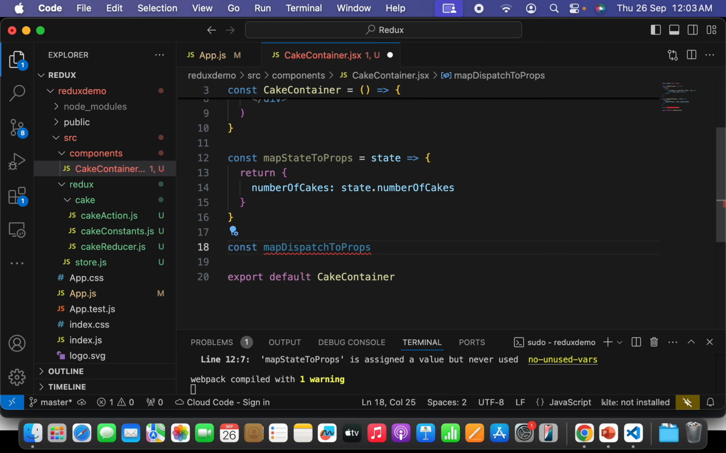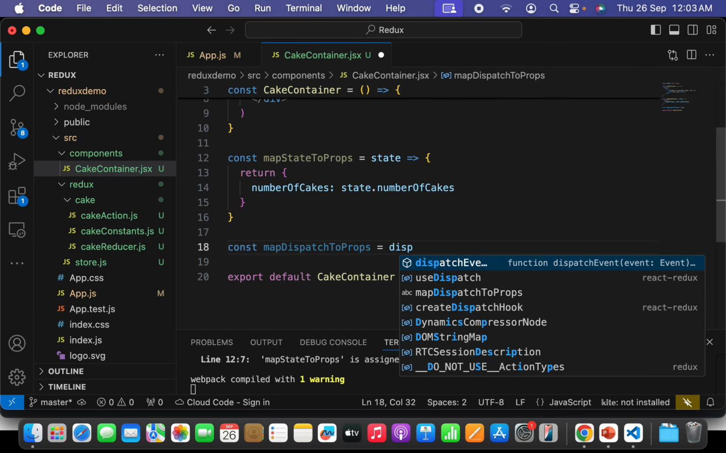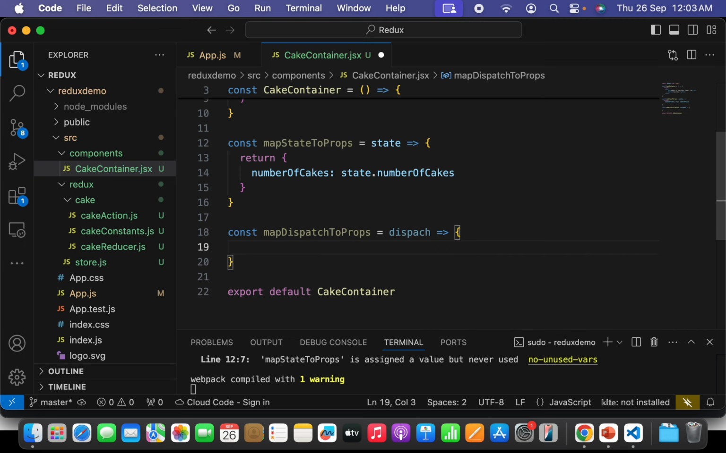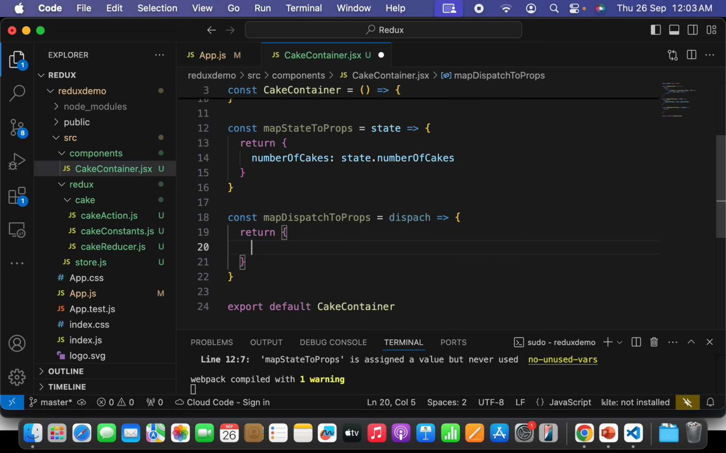The explanation is the same as what I told you regarding the state. You will have a couple of action creators in your large scale application. So you don't need to pass all of them to your component. You can map only whatever you want to use. So what will it return? It will return just an object that will give us a hold to pass the dispatch method with the appropriate action